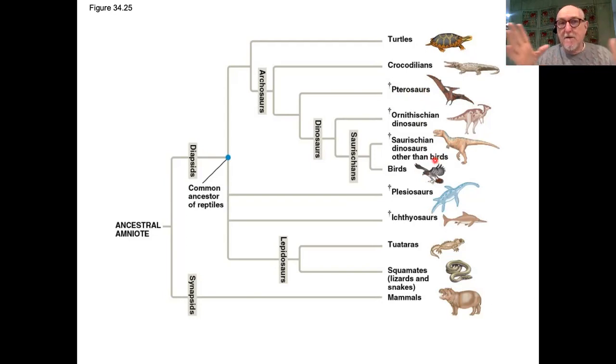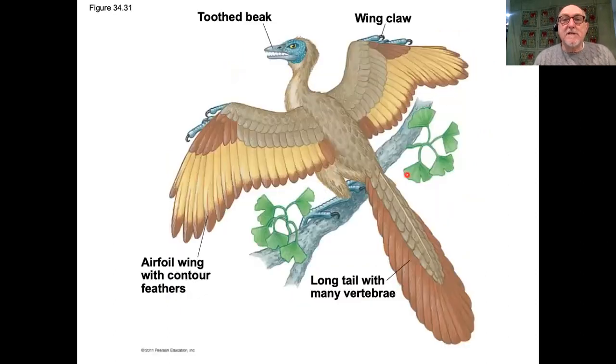That is, the wings have evolved from the forelimbs, but it's not entirely analogous to the development of the bird wing. So, okay, let me just see, here we are. This is one,